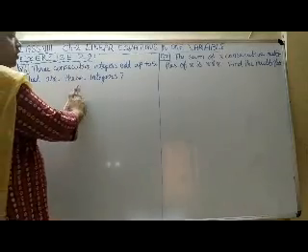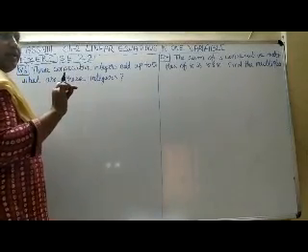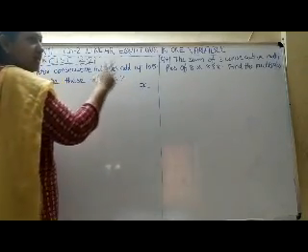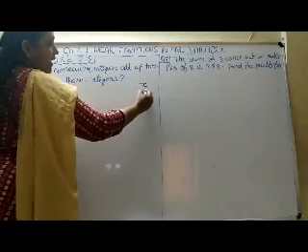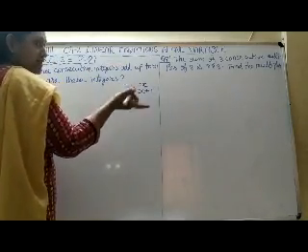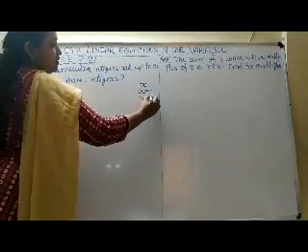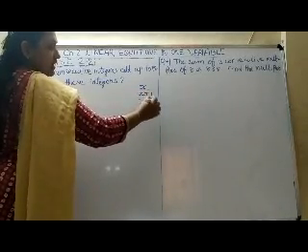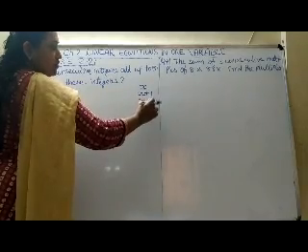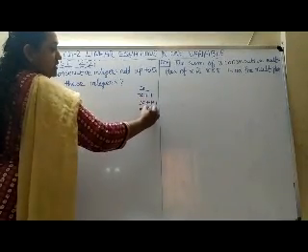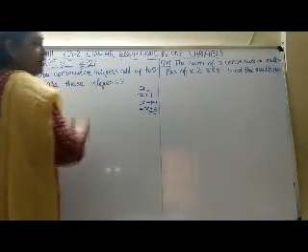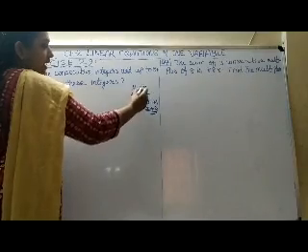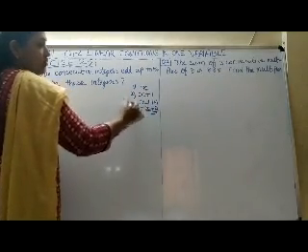So suppose we don't know which are the integers, so we can give it as x, the variable. If I am taking x as one variable, the next integer will be x plus 1 and the next integer will be x plus 2. How are we getting x plus 1? This is the second integer. We add 1 to this one, and we get the next integer, that is x plus 2. Understood? So these are the three continuous integers: x, x plus 1 and x plus 2.